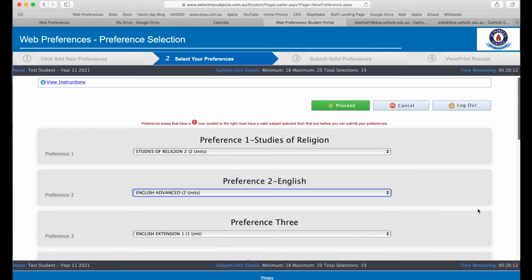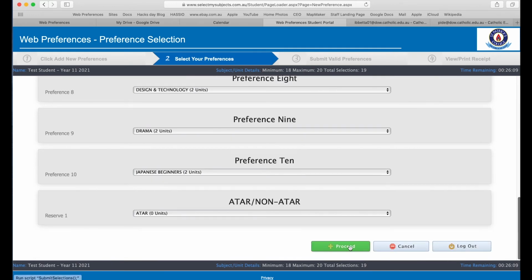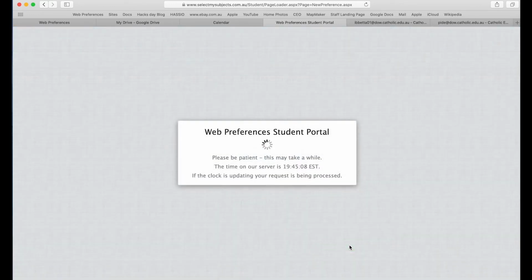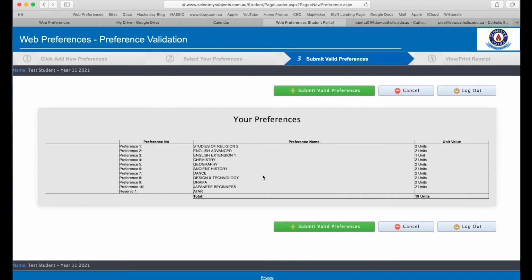So once I do that, and I pop back down the bottom and press proceed, you'll notice this time when the screen comes back up, everything's okay because I've corrected that problem that I had. So once I get to this screen, it's really important that you actually spend a bit of time just checking to make sure that these are all of the subjects that you're actually interested in choosing. All right? So once you're happy with that, you can press Submit Valid Preferences. If it turns out that you want to go back at any stage and make any changes there, well, you can. All right? So I'm going to press Submit